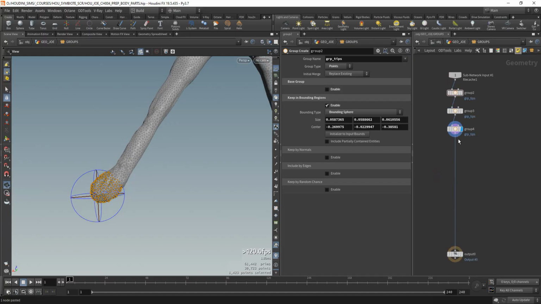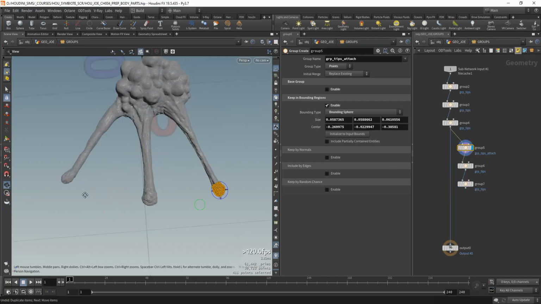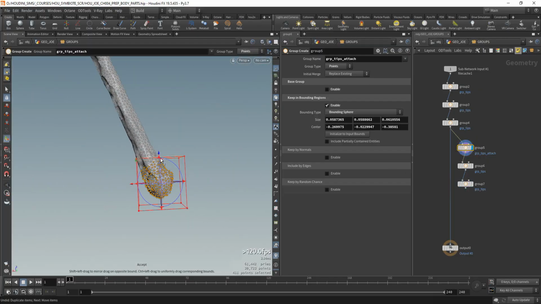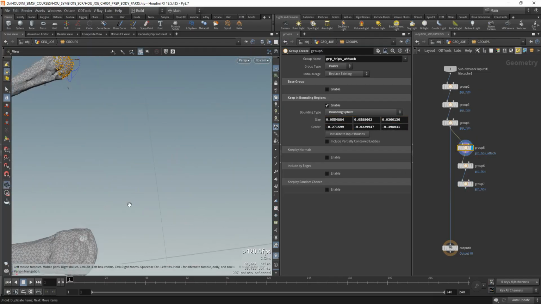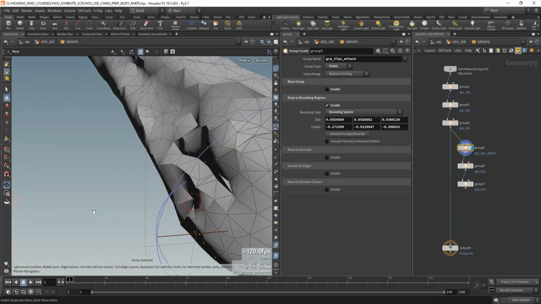So we're going to recreate the same kind of selection. We're going to duplicate all of these, and I'm going to rename this by adding a suffix at the end called attach. So I'm going to just decrease the size of this selection, so we're going to have really the tip of the